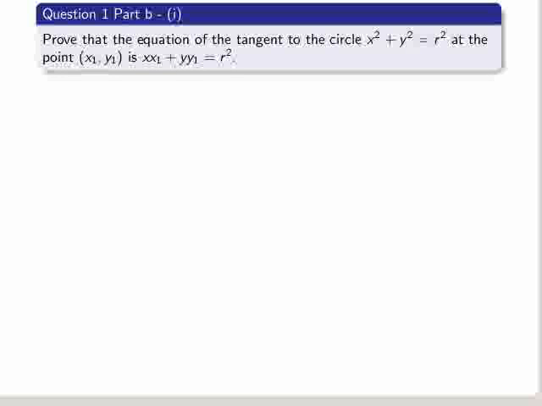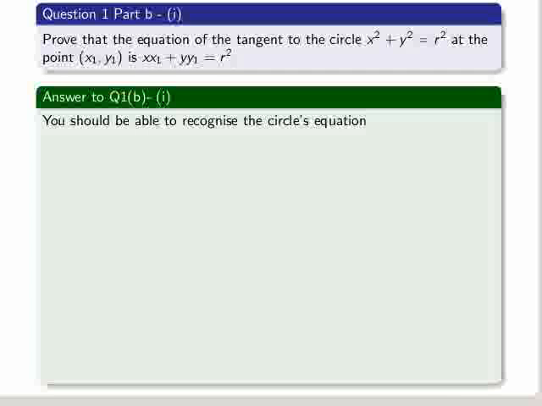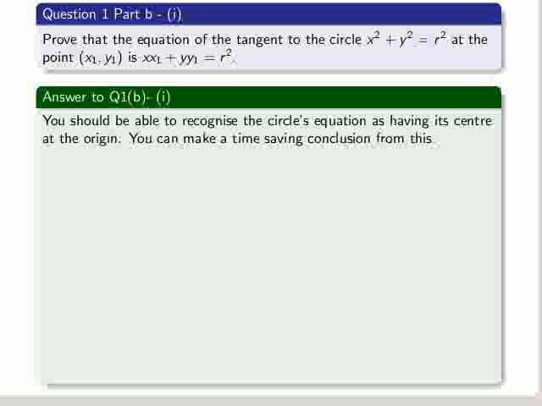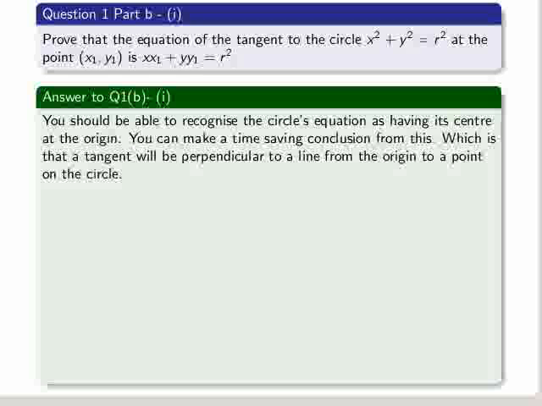Okay, part B, section 1 now. Prove that the equation of the tangent of the circle x squared plus y squared equal to r squared at the point x1, y1 is x times x1 plus y times y1 equal to r squared. You should be able to recognize the circle's equation as having its centre at the origin. You can make a time-saving conclusion from this, which is that a tangent will be perpendicular to a line from